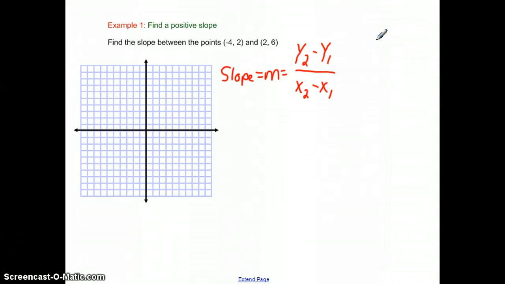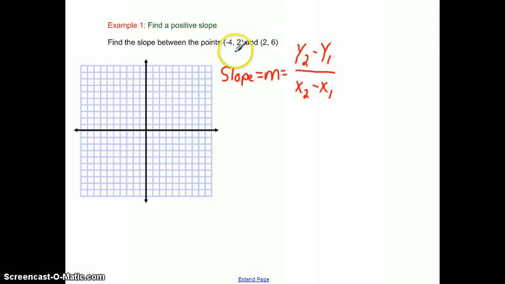All right, so let's look at finding the slope between 2 points. Here's the slope formula. Slope is the same thing as the variable m. If you see the variable m, that means slope. And we're doing y2 minus y1 over x2 minus x1. And if you look at the 2 points,